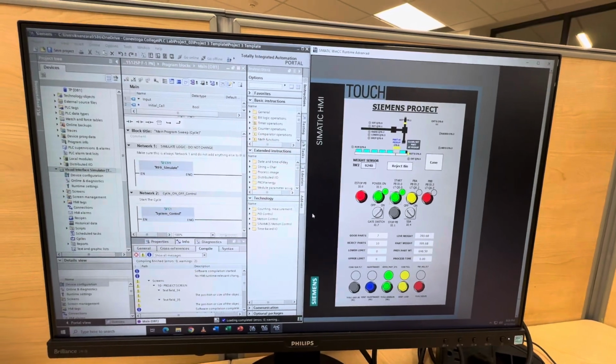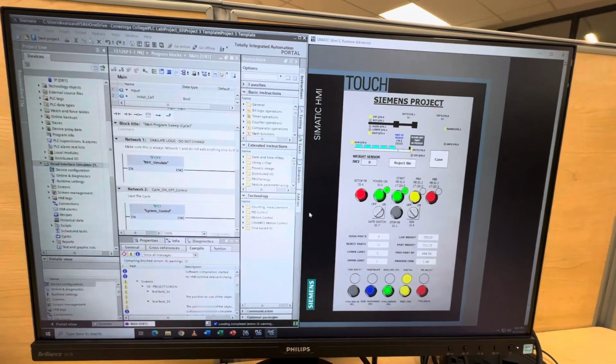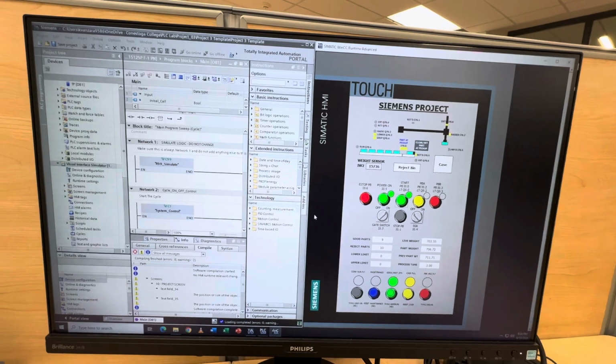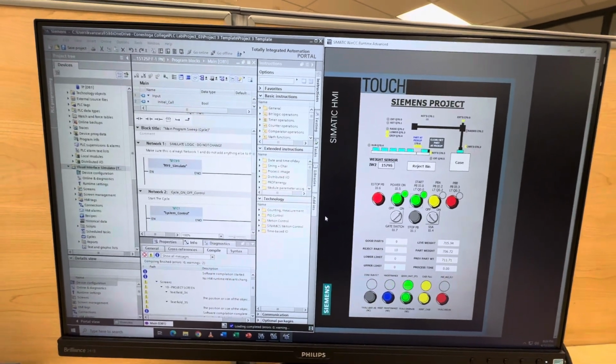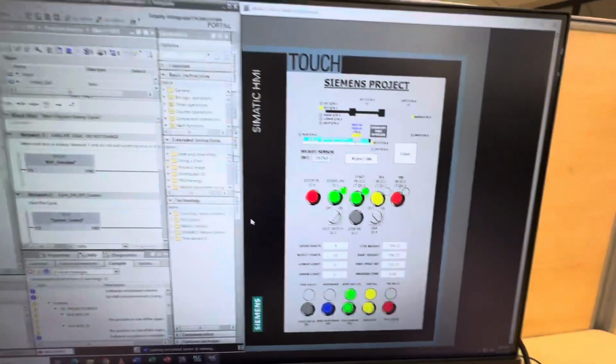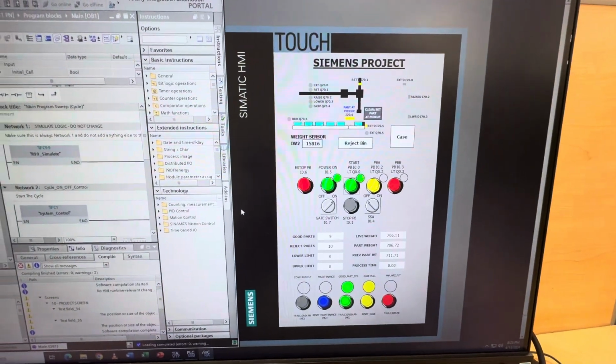Hello Professor. Here I explain about project 3, which we made at Siemens. It is the combination of project 1 and 2. So when the part is on the station